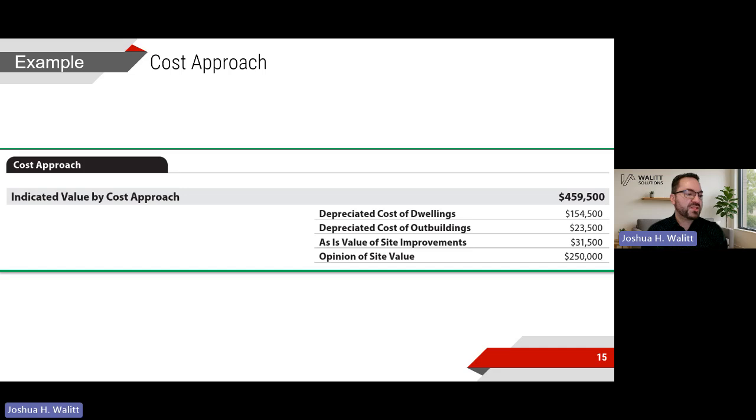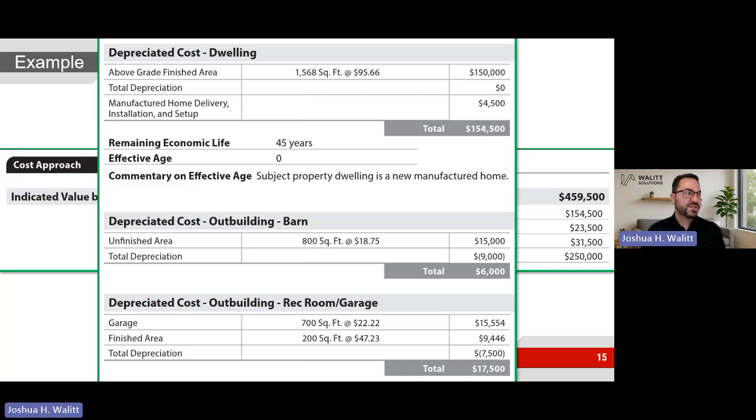Okay. So if we were to take a look at this, this is that nice little breakdown. At the top of the cost approach, it basically says, hey, if you look below, you're going to see support and explanation for all of these components that led to my cost approach indicated value. Here's the first section here. There's a dwelling. You can see we can apply depreciation. Evidently, maybe it's a new manufactured house. In this particular case, if it's a manufactured house, it gives a line for the delivery, installation, and setup, which is very typical to account for in manufactured house properties.